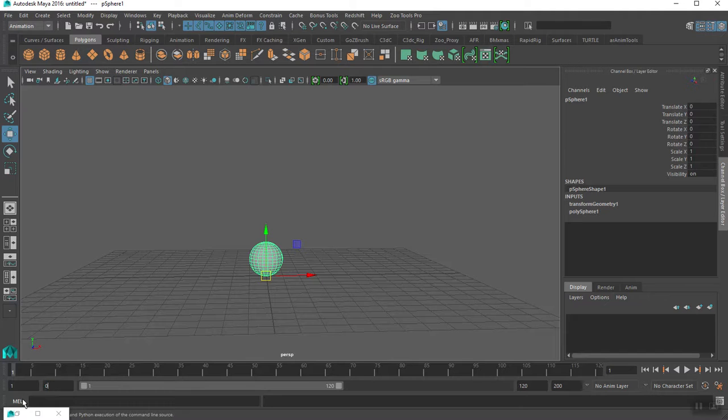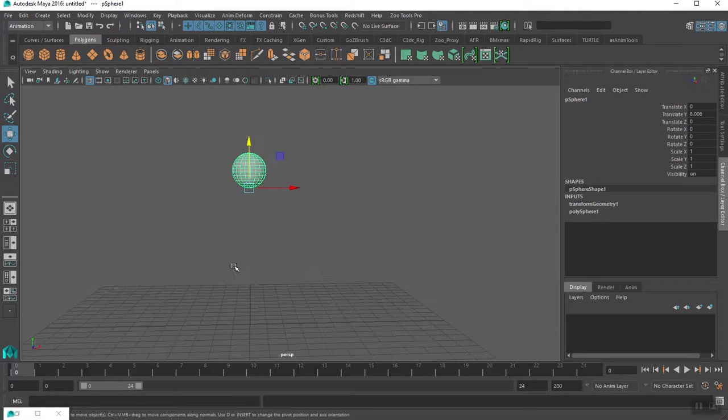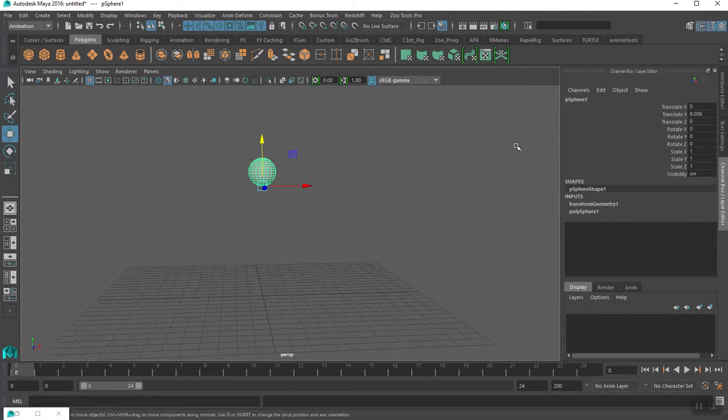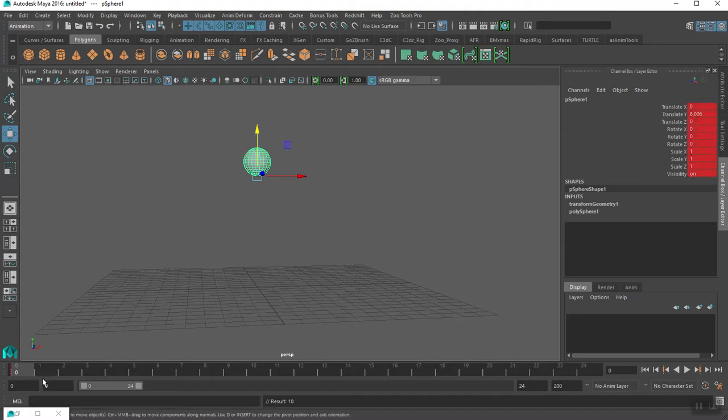So what I could do is I could maybe choose the same timing as the last time, start at 0 and end on frame 24. Alright, so let's see how that looks. Right, so this time for ease of demonstration, I'll start with the ball in the air. So I'm just going to raise it up in the air, just straight up in the translate Y. I moved it roughly about 8 units up, and set the keyframe there,